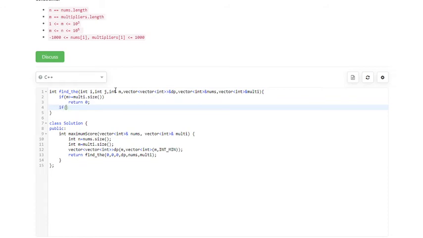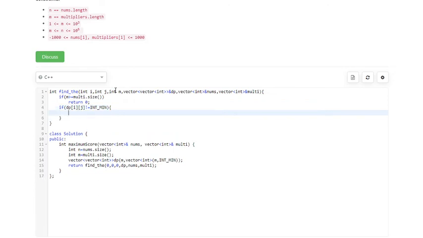So let me check if this subcase was already visited and we have a solution. Since it was filled by INT_MIN, if in some case dp[i][j] is not equal to INT_MIN, which indicates this subcase was already visited, let me return that. Why waste my time on finding a solution for that subcase? We already have that solution.